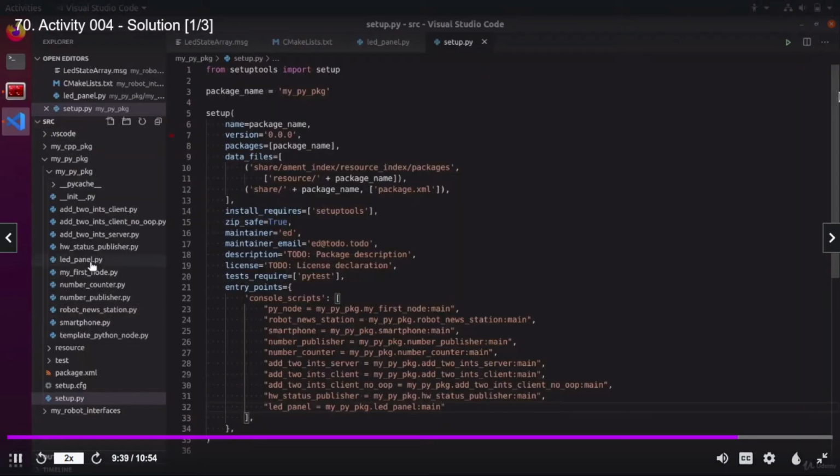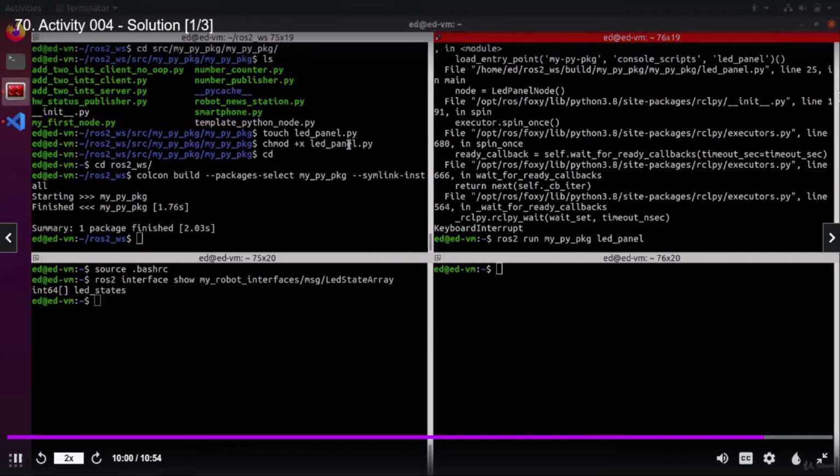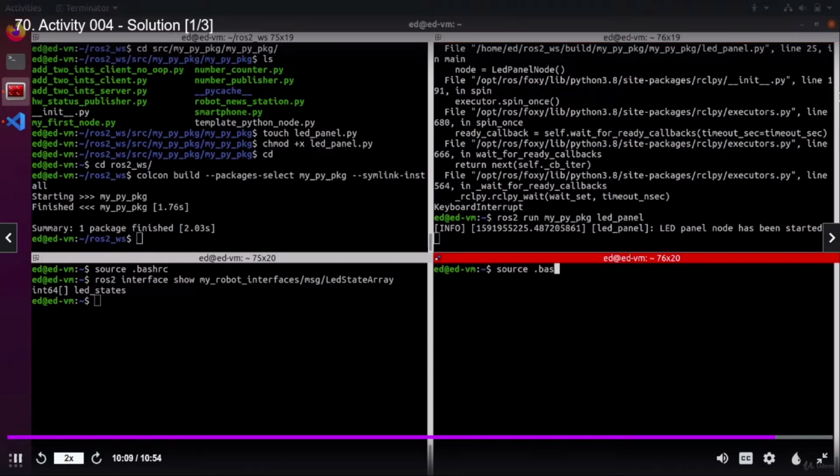Actually, I can add a log here. self.get_logger().info LED panel node has been started. Okay, so let's relaunch the node. As we used symlink install, we don't need to compile it again because it's a symlink. Okay, LED panel node has been started, and here let's see what we get on the topic. ros2 topic